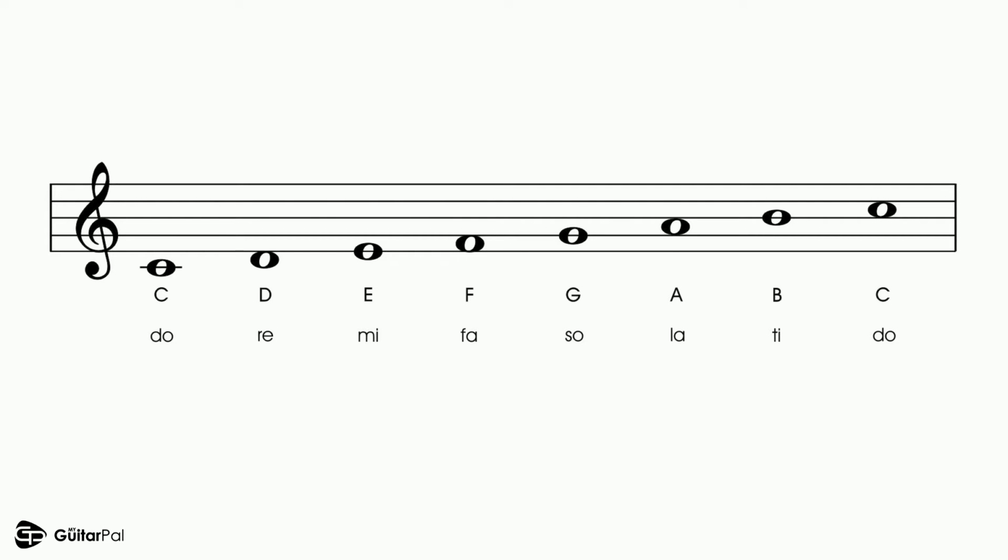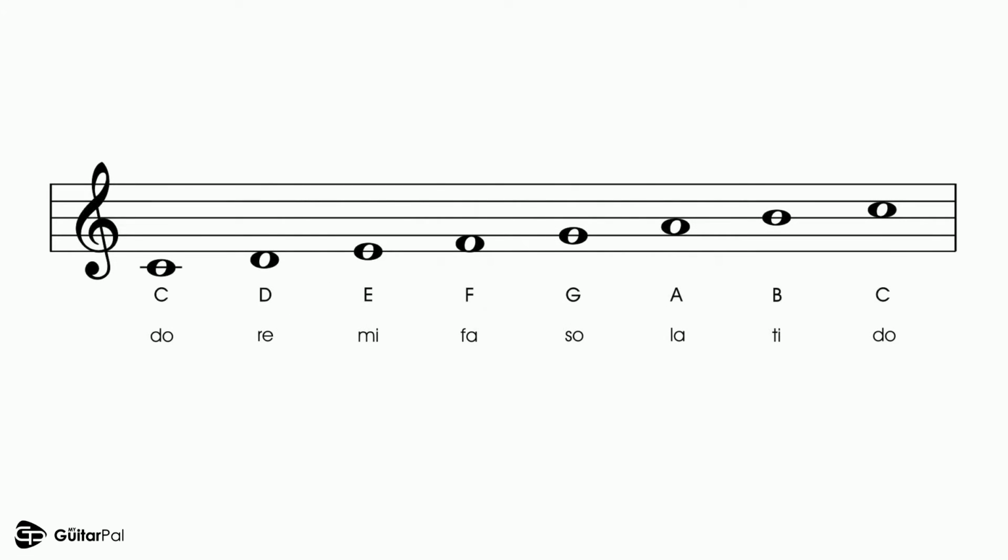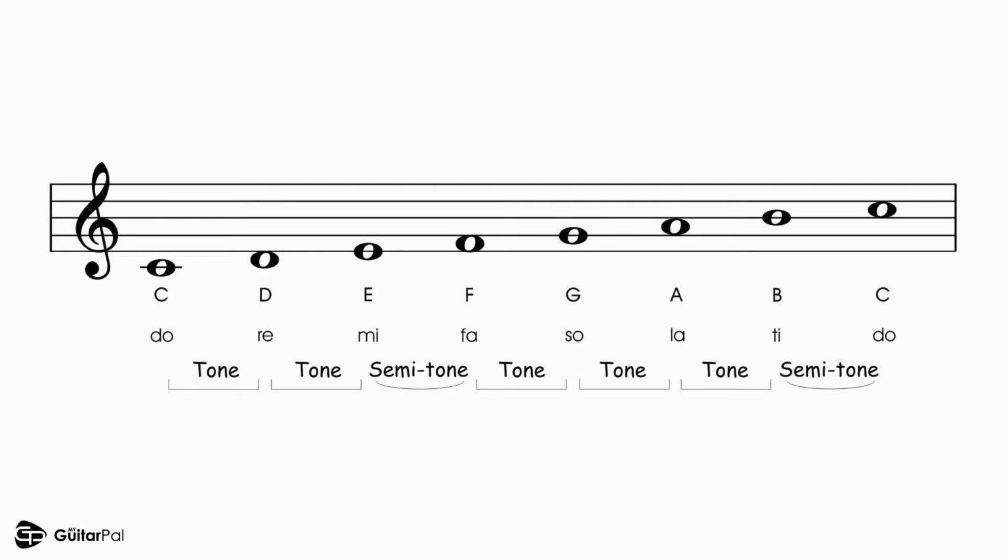In the language of music, we use the term interval to describe the distance between two notes measured in tones or steps. In the major scale, these intervals are tone, tone, semitone, tone, tone, tone, and semitone. In all the music we will be exploring, the smallest interval is a semitone, or the distance between one note and the very next. Just as the words imply, the greater interval of a whole tone is the same as two semitones. At this point, it would be helpful to take a moment and look at a keyboard,